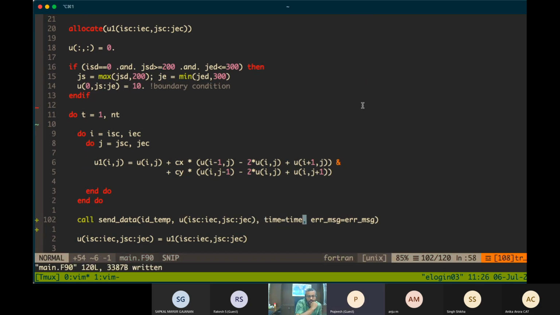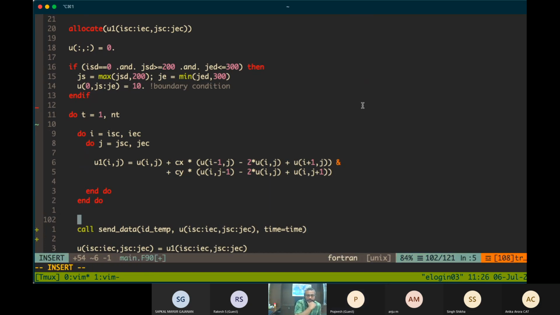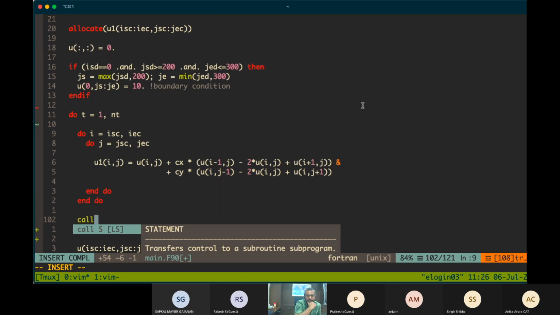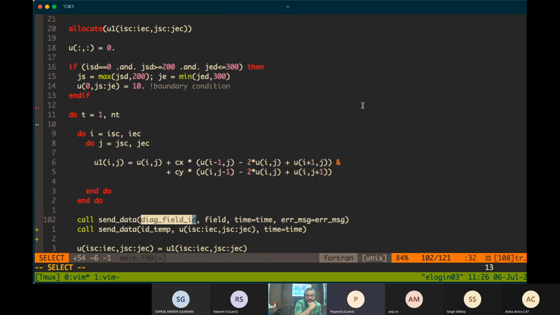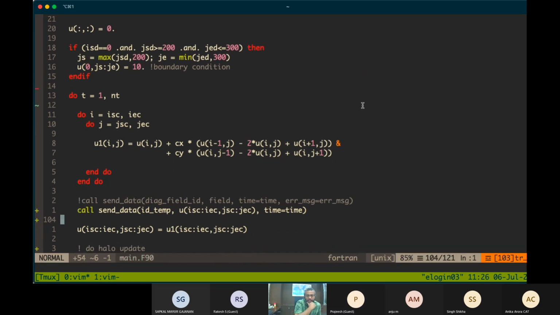Then time, and you can skip the error message. Also, can you please keep the syntax in comment mode, so we know. Okay, so these many values are required: diag field ID, the field itself, and time.